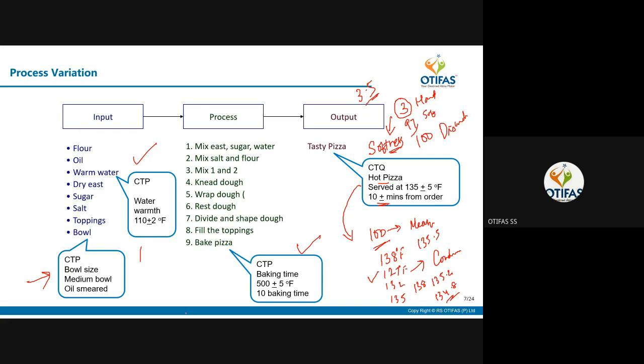Yes, sir. So when you solve a problem, you are actually looking at what is Y, what is X, what type of data X is, and what type of data Y is, because afterwards your complete selection of tools depends upon the type of data of X and Y. Got it or not now? Yes, sir, got it. Understood? Right.